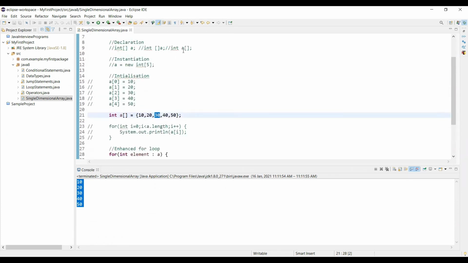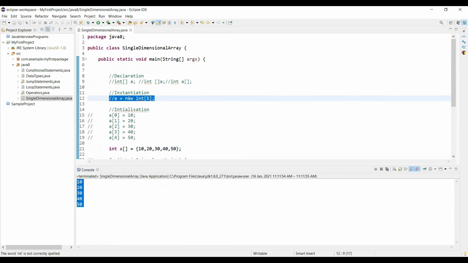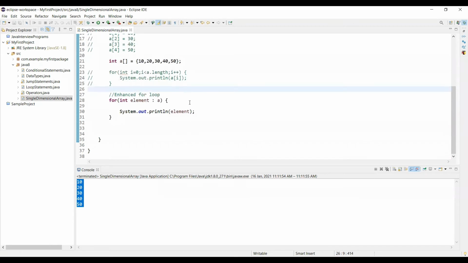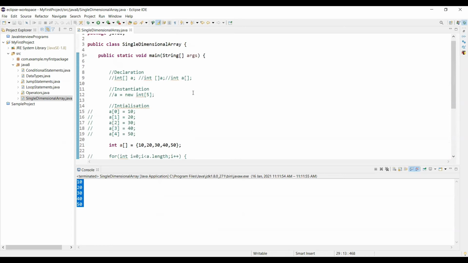So if you observe here, when we declare the array, we declared a equal to new int of 5, meaning it reserves memory to store only 5 integer elements, right? So that can't be automatically increased. So it is static, or we can say the size is fixed in array. So that's the limitation of array, and we are going to have a remedy for this limitation using collections, and that we'll discuss when we discuss the collections concept in the coming sessions.